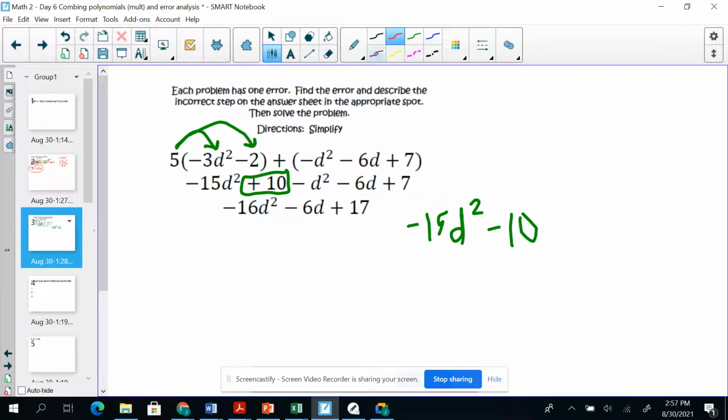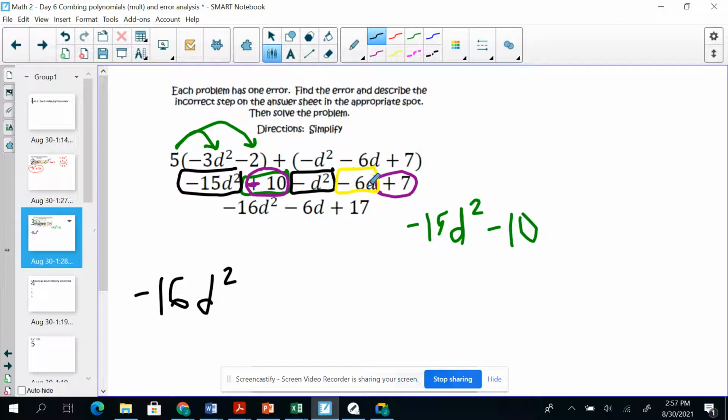From there, you're going to, again, look at your like terms and combine them. So I'm going to take my negative 15d squared with my negative d squared, because those are the same like terms. I have a negative 10, which goes with my positive 7 because they're both constants. And then my negative 6d, which is by itself because there's not another d. And then again, we want them in descending order, standard form, always in descending order. So negative 15d squared and a negative d squared. So we'll give you negative 16d